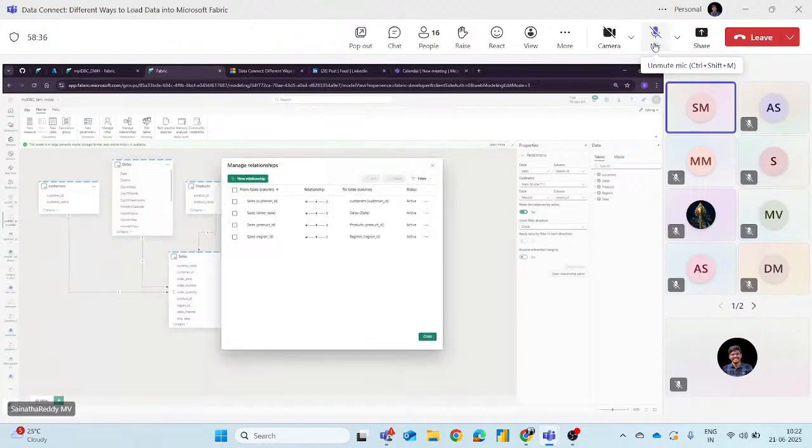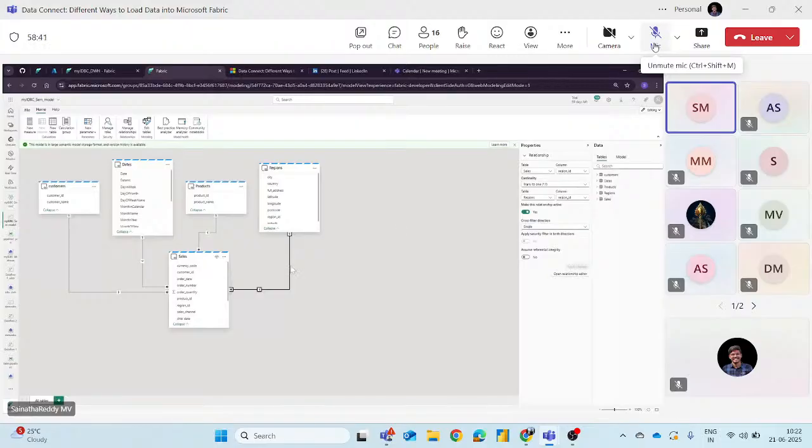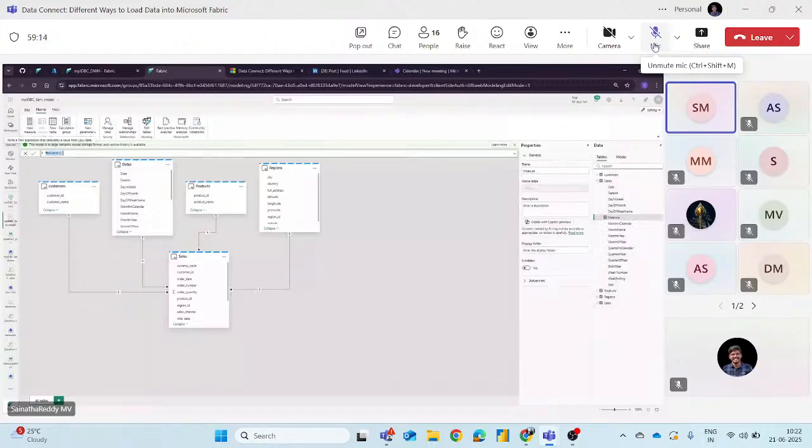I think we have completed, right? If you see, this is our star schema. So we just created a relationship from sales to region ID, a one to many relationship here. After creating this semantic model, we need to create some more DAX measures. Can anyone guess where we can create new measures? See, this is the new measure option we can create here. In this measure, I want to create a total.